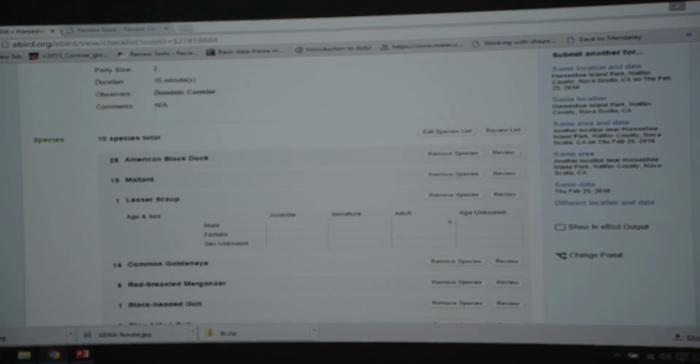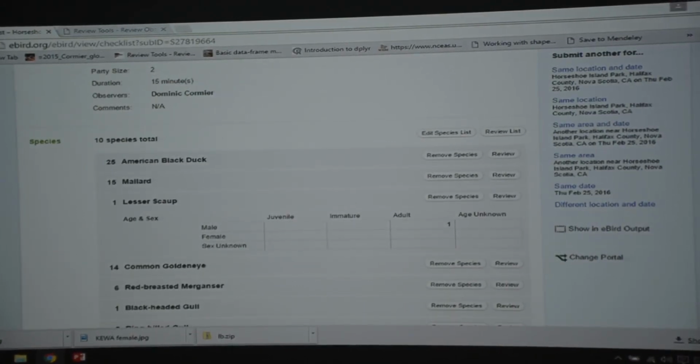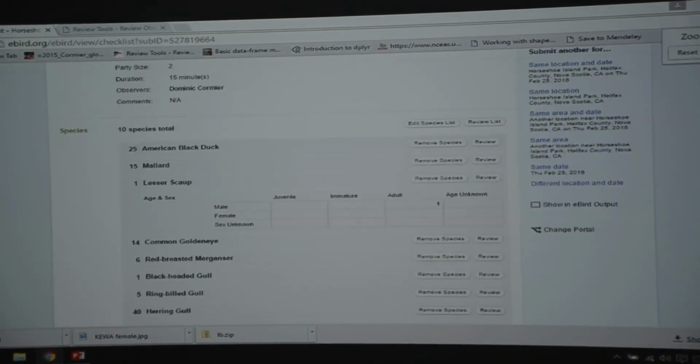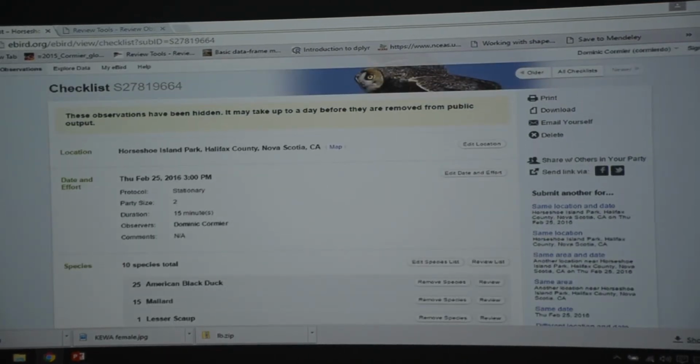It's like, I lived in Ottawa for a while, and I have a bunch of owl observations that are still hidden there, because there is a really big problem with photographers going and harassing these birds. So for some of these locations where I know the owls are still using, I still haven't unhidden those checklists yet. So why don't I go and show that embedded photo, and then